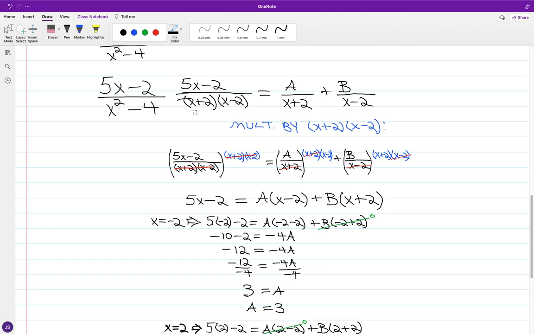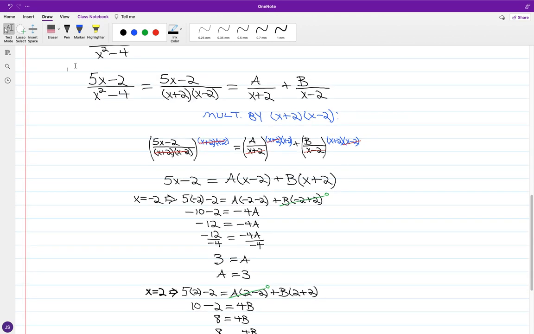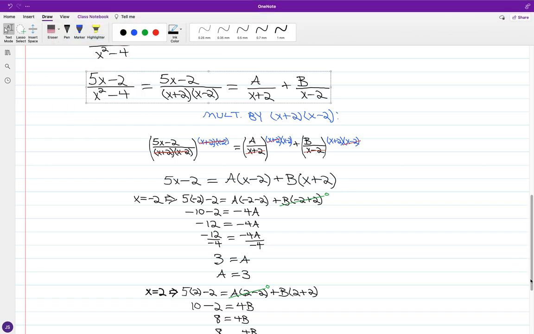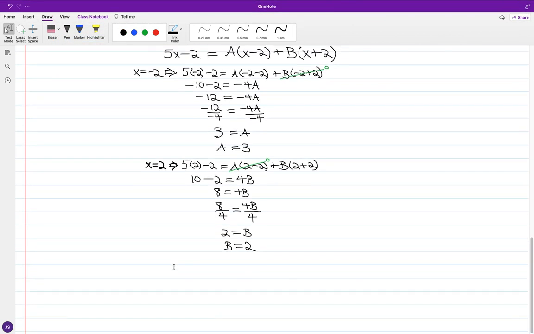Again, this is with the setup of the partial fractions. Now we have our values for a and b, and so filling in,